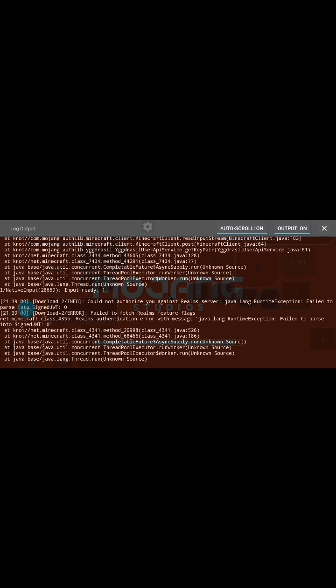There we go. If you see the Mojang logo pop up on your screen, you can exit the log output, then wait for the game to start.